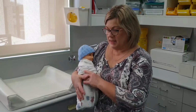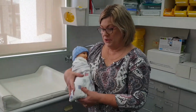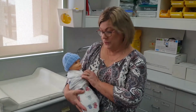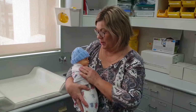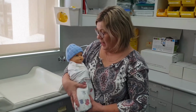I usually recommend a singlet and a suit. At this stage you can add booties if you want to. The hands and feet will always stay pretty cold. If you're worried about the temperature of your baby, if you just feel down the front or even behind the neck, that should tell you if that's warm, the baby should be warm. But we will be taking a few temperatures on your baby just to make sure that they're adapting well to